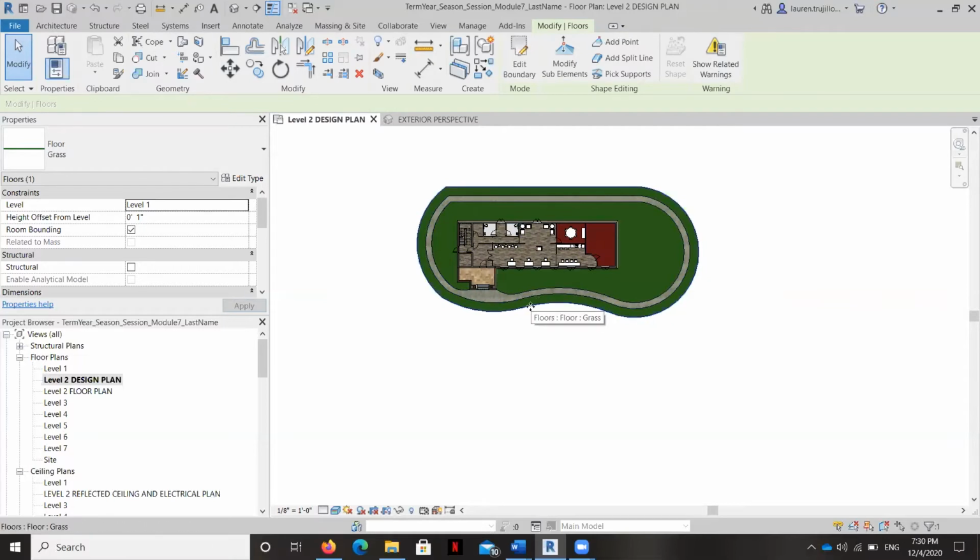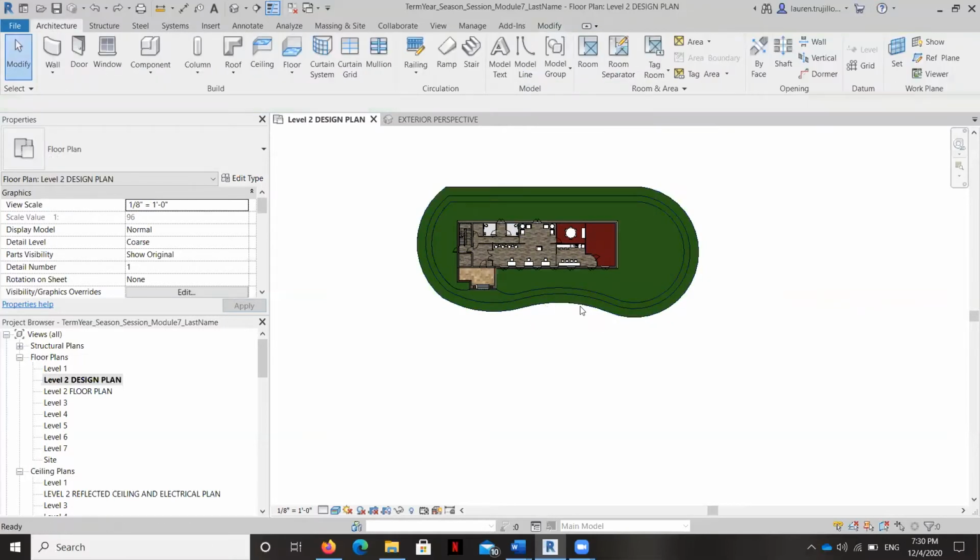Oops, I created 2 floors. Hold on, I'm going to undo that. One more time.